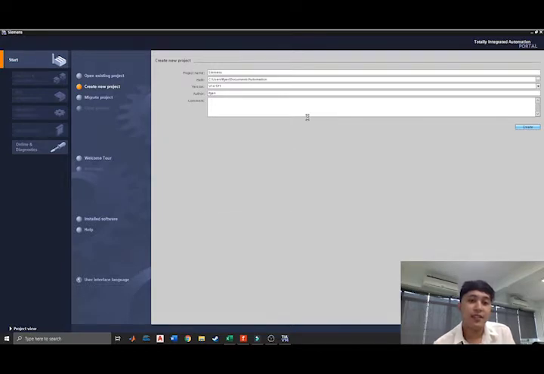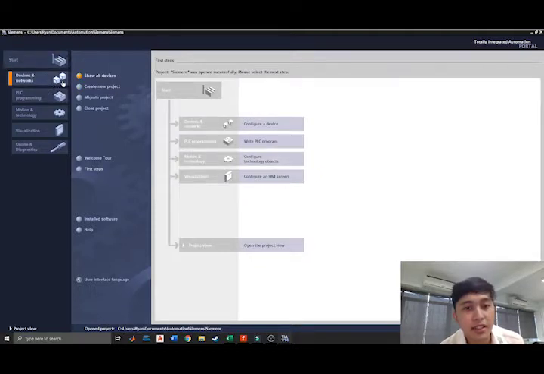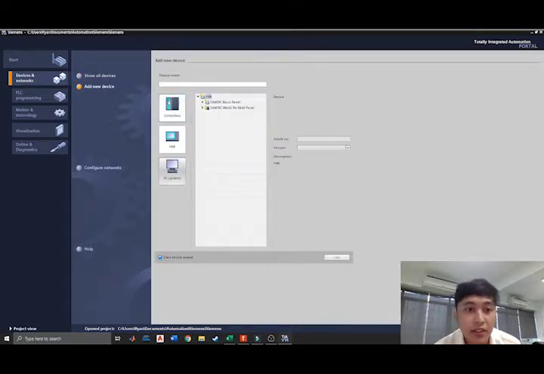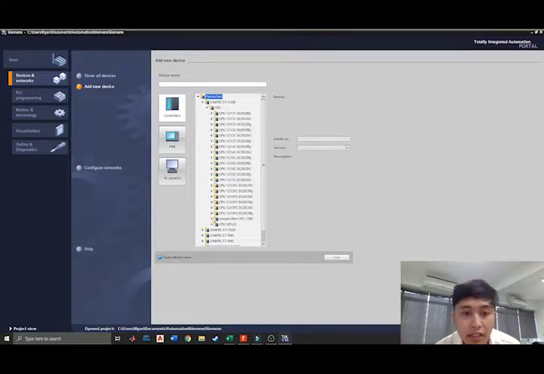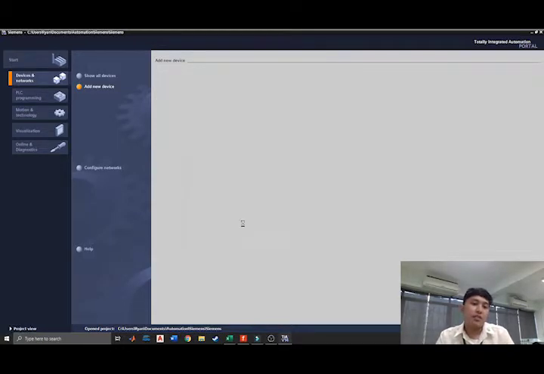And then once it's created, we'll be going to devices and networks, and then add new device. And then controllers, then Simatic S7-1200, then the unspecified CPU, then open up that controller folder. Then once it opens up, we will be setting the inputs and outputs